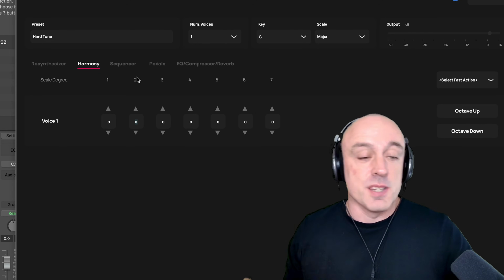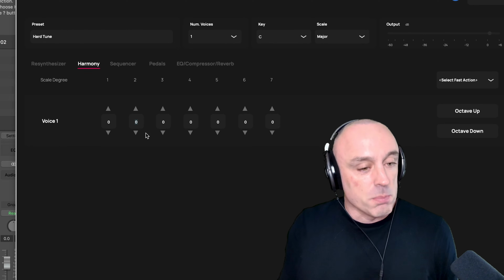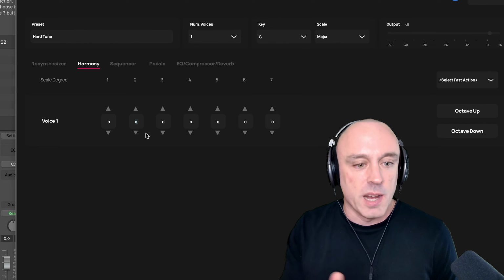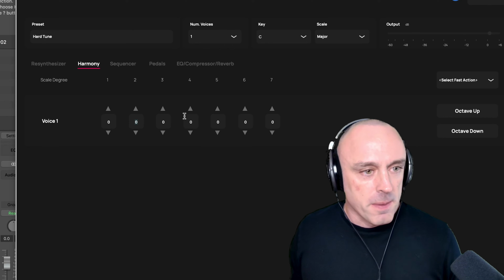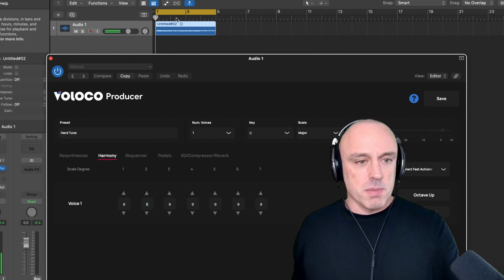Similarly, if I sing a D, which is scale degree 2, there will be 0 transposition of the pitch on output. It's going to be a D, scale degree 2 on output, and the same thing all the way up and down the scale. But I can change that, and to demonstrate that, I recorded myself just singing